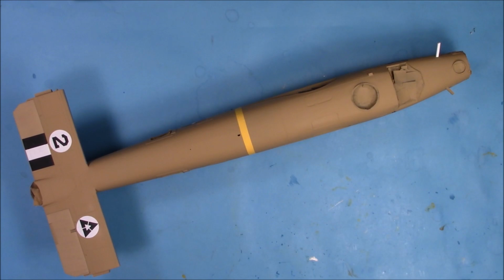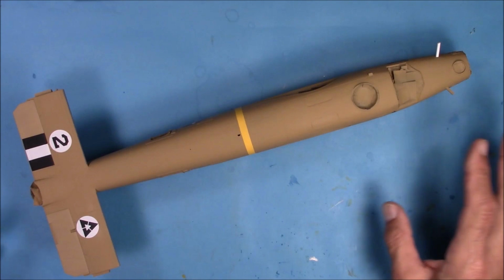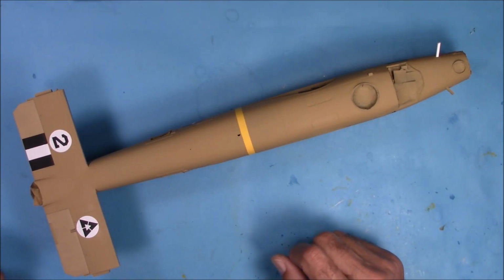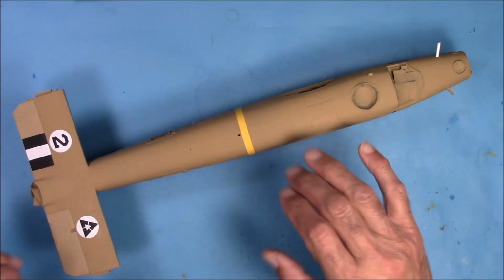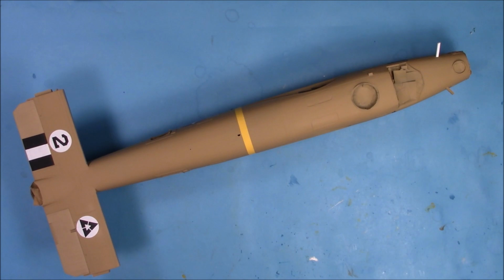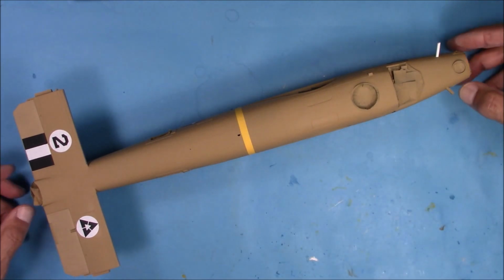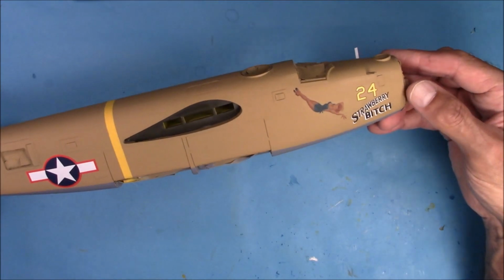I've got the fuselage decals applied, and I've also given it a coat of Tester's clear dull coat, and of course it lightened up the sand color, because the sand color was a semi-gloss, and it came out really good, better than I thought it would. So here are the decals,